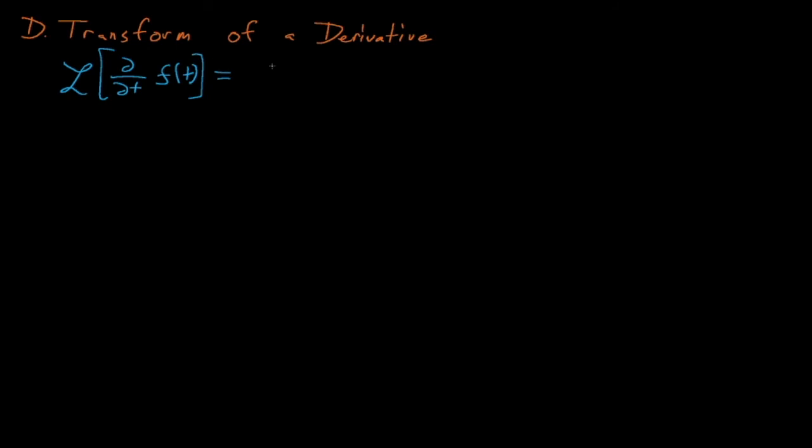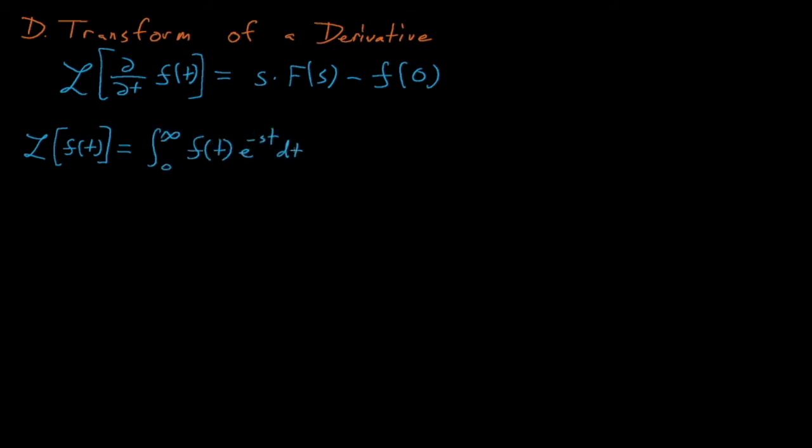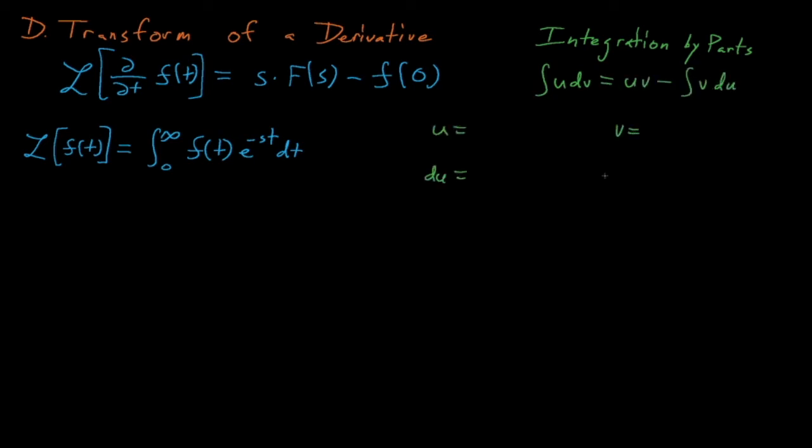Let's continue escalating the situation by taking the Laplace transform of the derivative with respect to time of f of t, which we will prove is equal to s times the Laplace transform f of s minus f evaluated at time t equals 0. We'll approach this problem by using integration by parts to recast our original Laplace transform. We'll define u equals f of t, and dv is equal to e to the negative st dt, which then